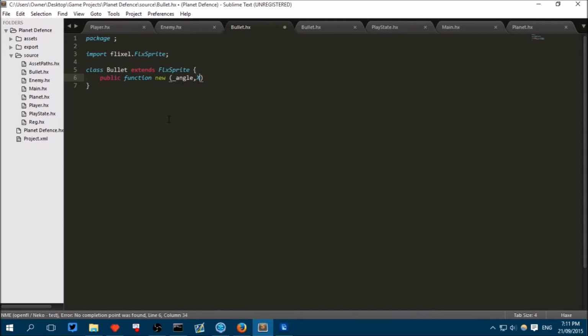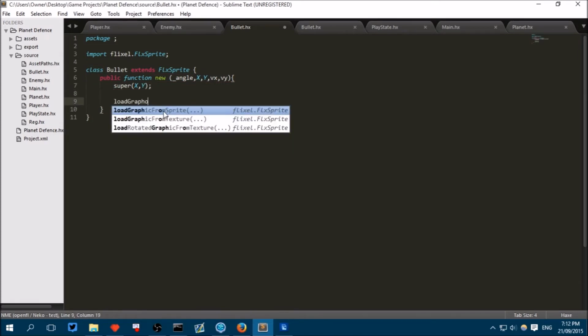We need an X and a Y, and we'll make them capitals for the same reason as putting an underscore here. And let's also take a velocity X and a velocity Y. And now we can write super and capital X, capital Y, and a semicolon. Now let's load the graphic. So load graphic,